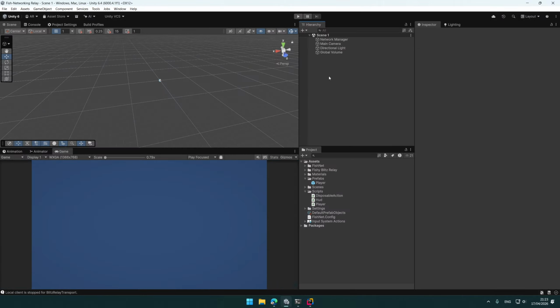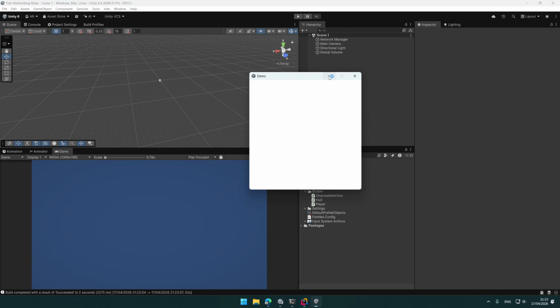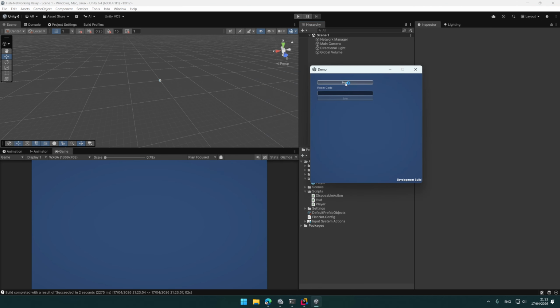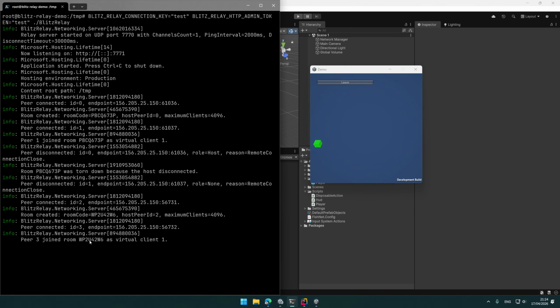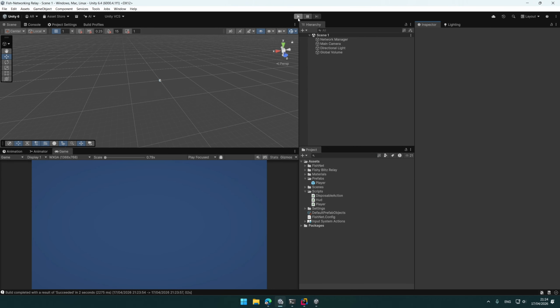Now I'm going to exit play mode in order to build the project to show you how a client can join a room. And in this build, I'm going to click host. So this will create a new room, and you can see that I can click and the cube moves. So I'm going to copy this room code and go in the editor, enter play mode,